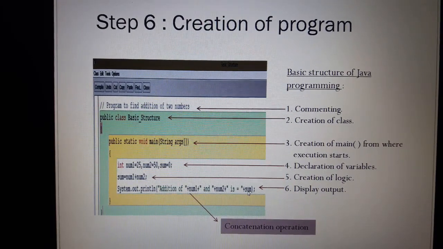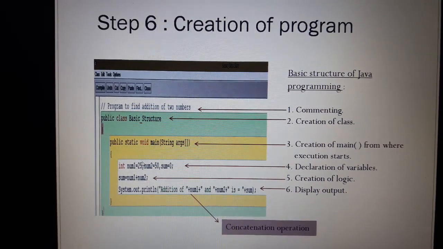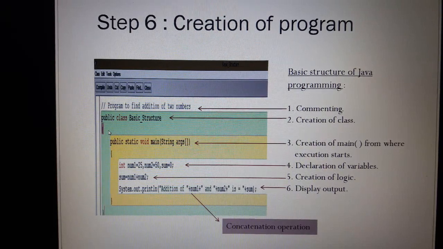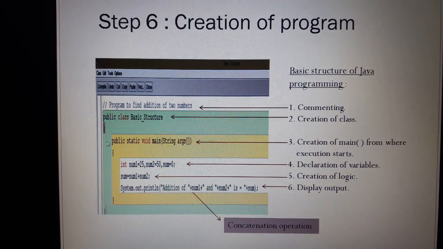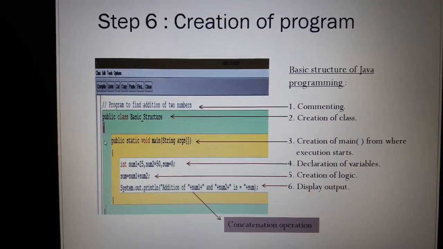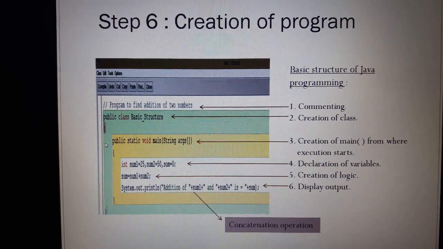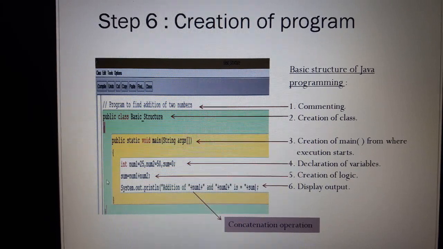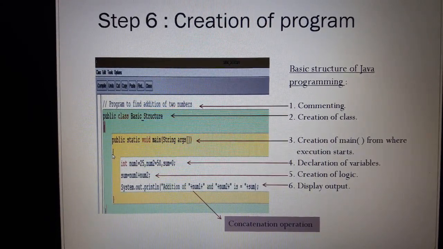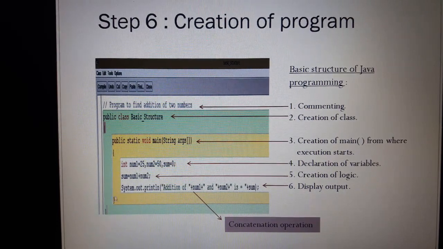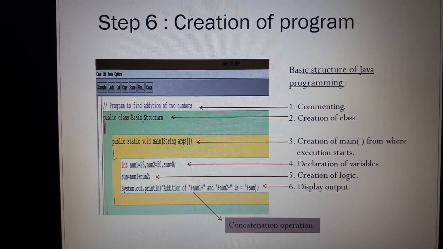See, this is the basic structure of Java programming. And one more thing I want to tell you, we have to place some gap here. After placing curly braces, we have to press tab, because with the help of tab, we can easily see which curly brace is open and which is closed, and which is for whom.